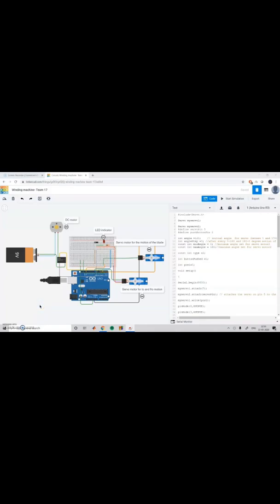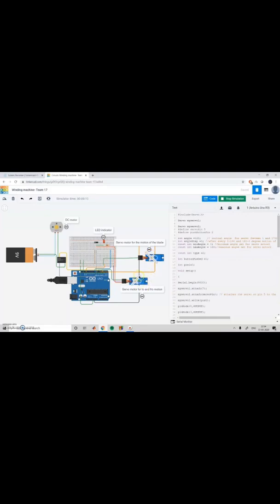Now to the last part, that is modeling and simulation. This is the servo motor for the to and fro motion. This is the servo motor for the cutting mechanism, and this is the DC motor for the rotation of wool and spool holders. When the simulation is turned on, the turning on of this red LED indicates that the machine is on. The DC motor will start moving in one direction uniformly. The blade will move to 120 degrees.